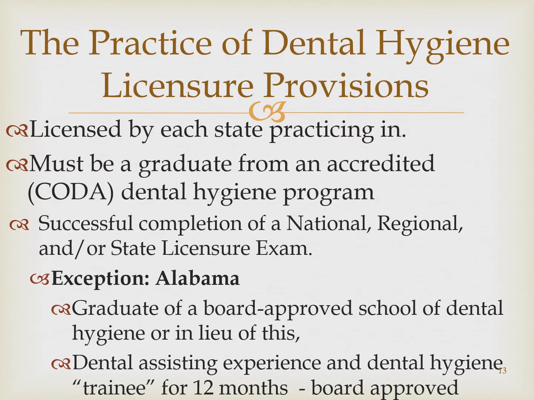So you are licensed by each state that you're practicing in. I have a license in Missouri and Kansas, so I could practice in either state. And you can have as many licenses in as many states as you want and hold them all concurrently. It's just that every time you renew your license, you have to pay for the license. So I pay to have my license in Missouri and pay for Kansas, both every 2 years to be able to maintain my license. And each state could go ahead and audit me to make sure that I